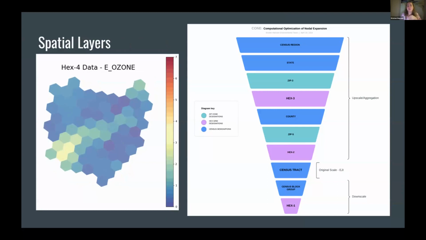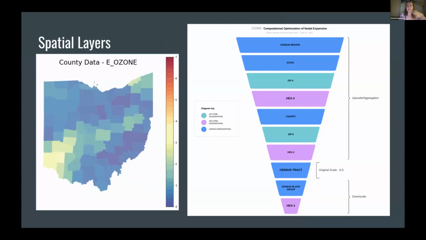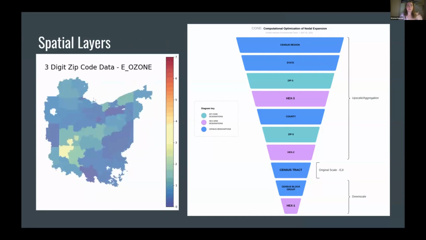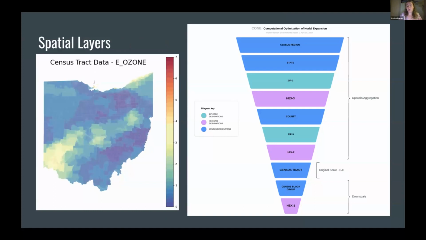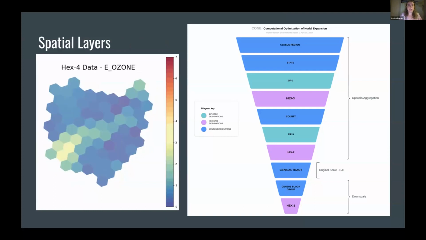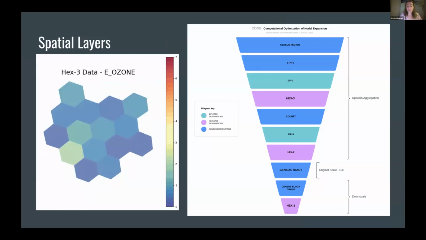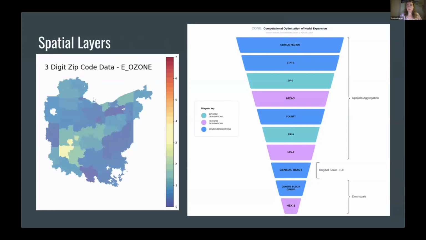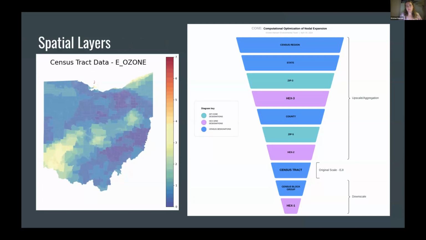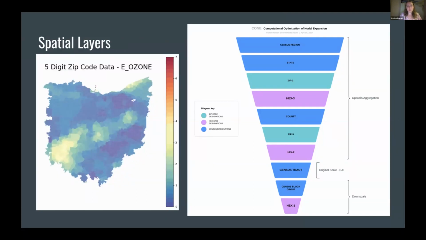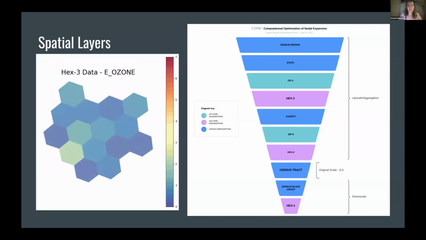So the idea is we're keeping all of these spatial layers. We've been working for months. My team has been working on getting the different spatial layers together for EJI, aggregated accurately. We're doing a lot of data quality to make sure that the aggregation is happening correctly, because there's all of those different data categories like sums of ranks, which don't aggregate particularly nicely with the normal ways that we would do so. And this is some of the GIF of the different layers that we have in Ohio,